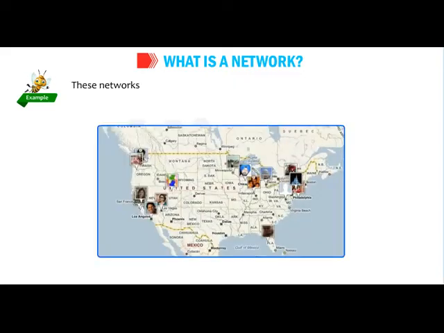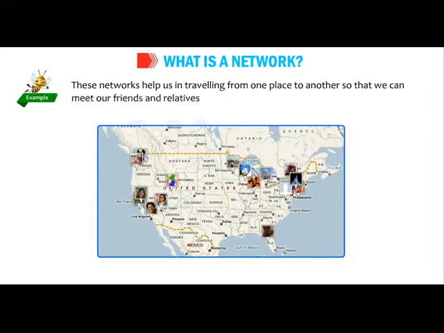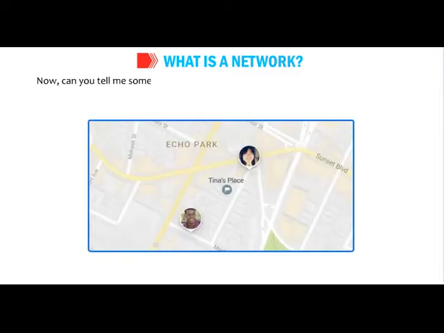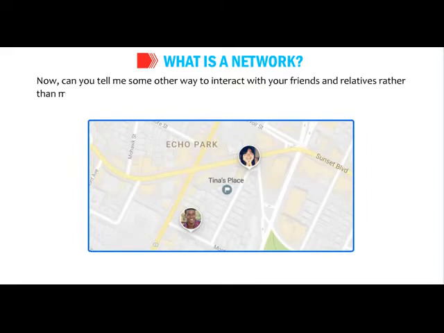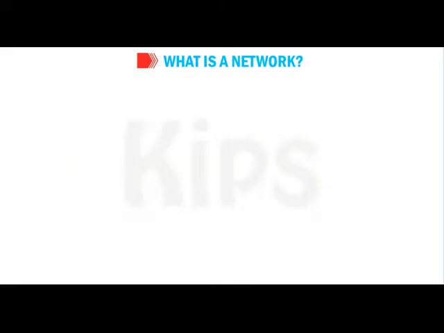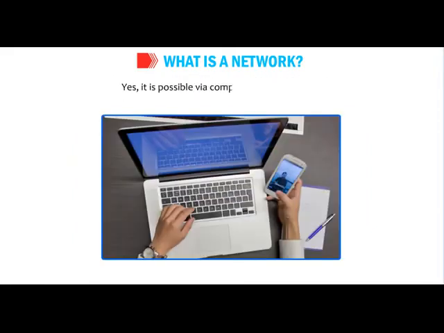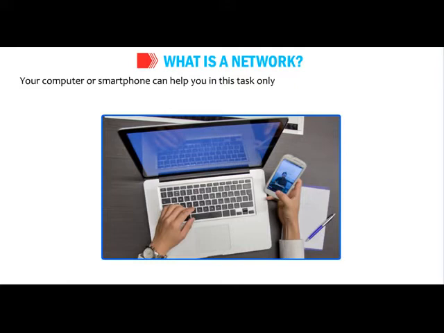These networks help us in traveling from one place to another so that we can meet our friends and relatives living at far-off places. Now, can you tell me some other way to interact with your friends and relatives rather than meeting them personally? Yes, it is possible via computer or smartphone. Your computer or smartphone can help you in this task only if it is connected to the respective device at